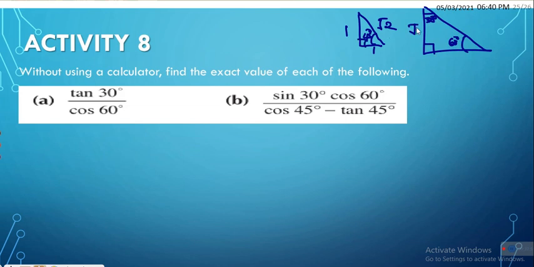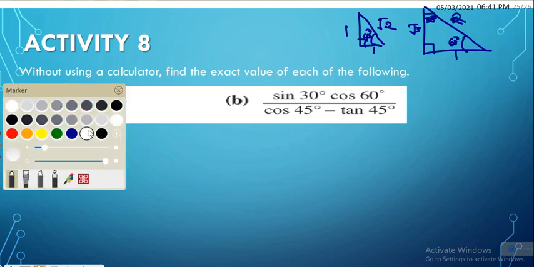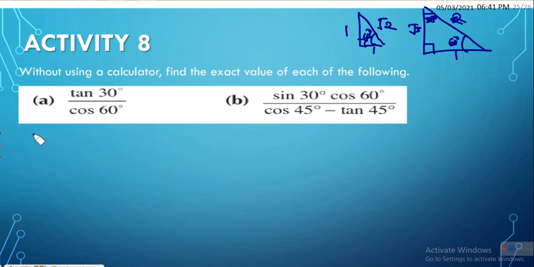Okay. So this place is root 3. This is 1. This is 2. And then we can do a lot of things with this triangle if you remember to sketch them. Alright. So now for A,